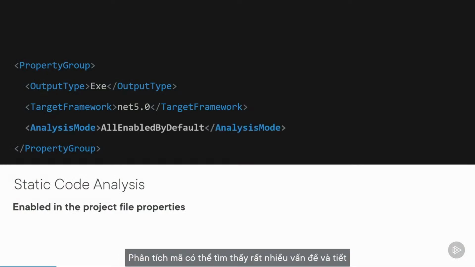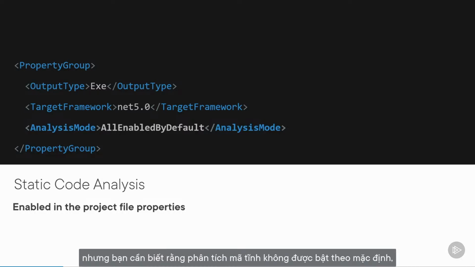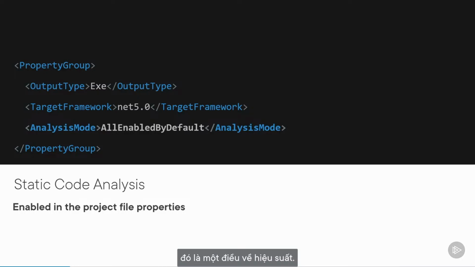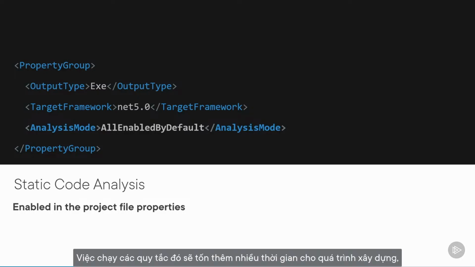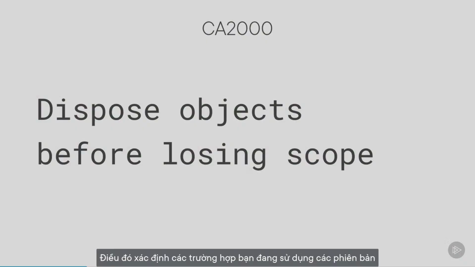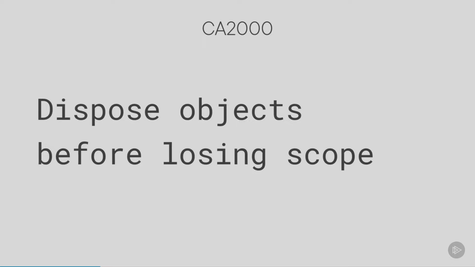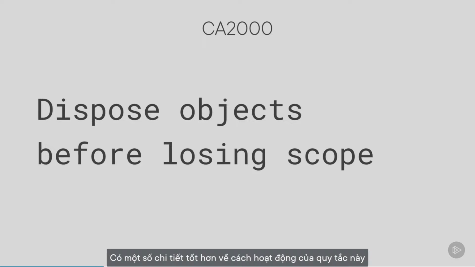Code analysis can find a lot of issues and save a lot of fixing time, but you need to know that static code analysis isn't enabled by default. That's a performance thing. Running those rules adds a lot of time to the build, but when you do turn it on, the default set of rules includes the main IDisposable rule, CA2000. That identifies cases where you're using IDisposable instances and not disposing them, and that found most of the issues in the word counter code. There are some finer details on how this rule works, which you can read about in